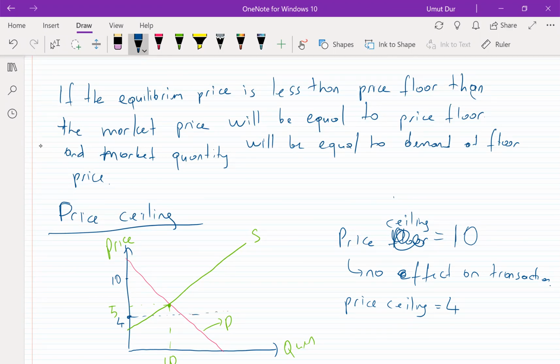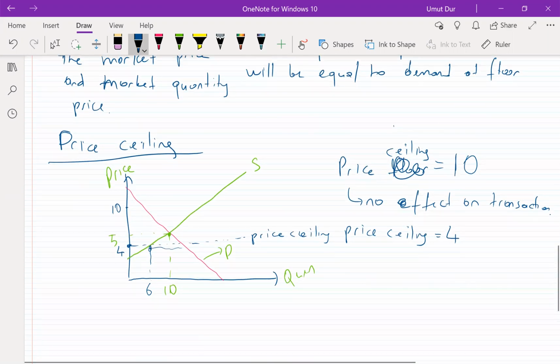Okay, the government is telling us that you cannot sell this good at a price more than 4. Then what happens here is basically the supplier would like to supply, let's say, 6 units, and the consumers would like to have 12 units, and the maximum price that can be charged is 4, so this will affect the